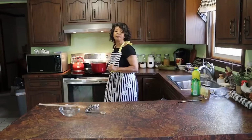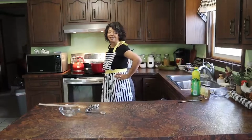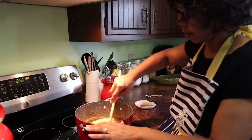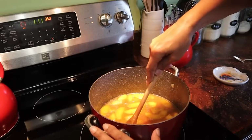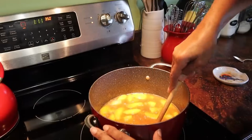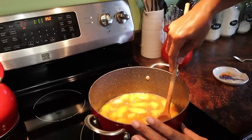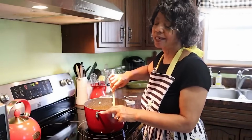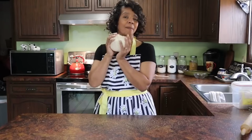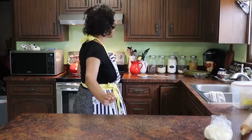I'm going to set it on medium heat for about 20 minutes and then we'll come back and give it a taste. These have been cooking for about 25 minutes and I like to check to see if I can cut the peach with a wooden spoon. If I can do that, I know it's time to turn it down to a simmer and get my crust ready. Got my dough out of the fridge,